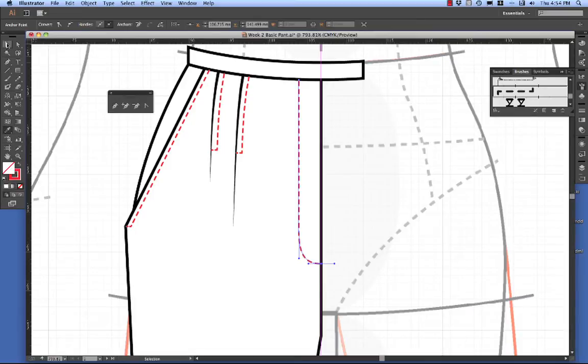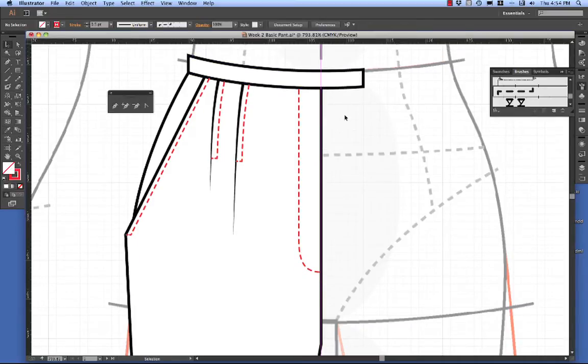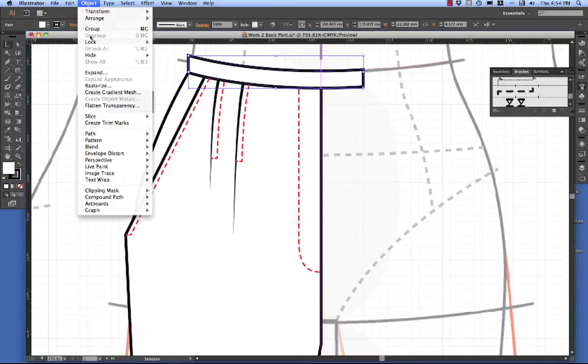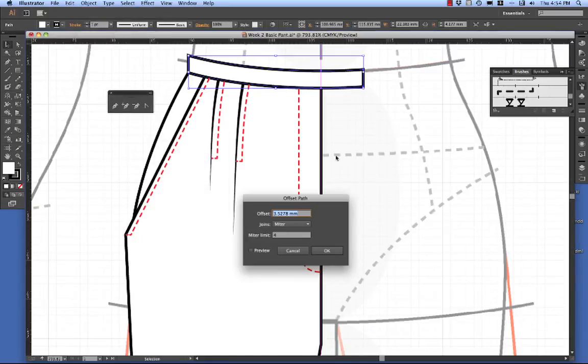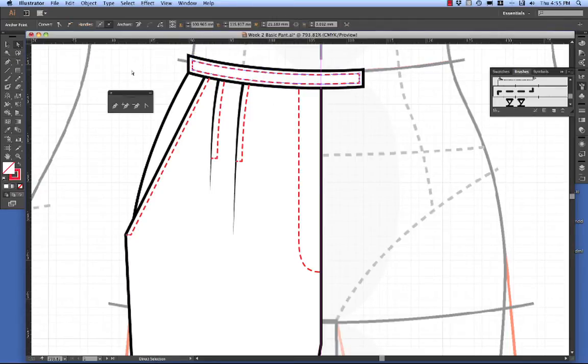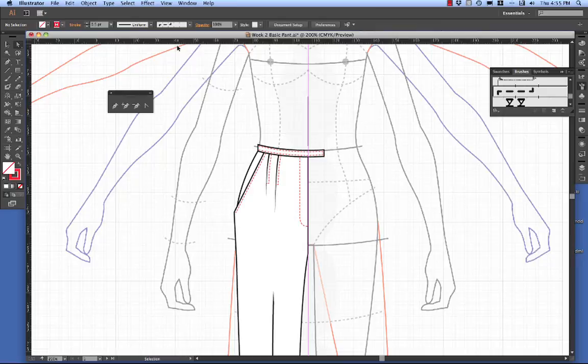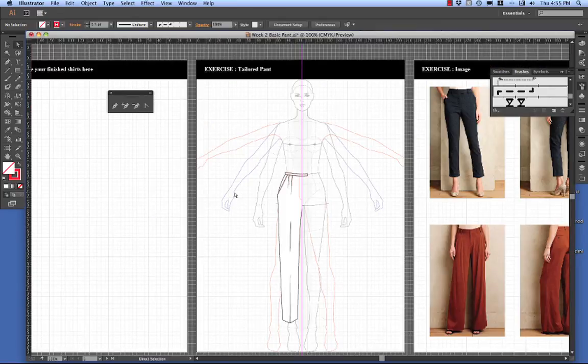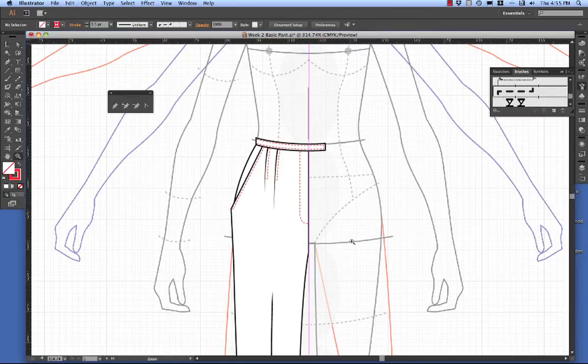With the waistband, I'm going to go Object, Path, Offset Path, minus 0.5 millimeters, and Preview. OK. Stitching, eyedropper, direct selection. Get rid of that. Zooming out. I'm absolutely finished with everything on this pant, and now I'm going to group the pant,